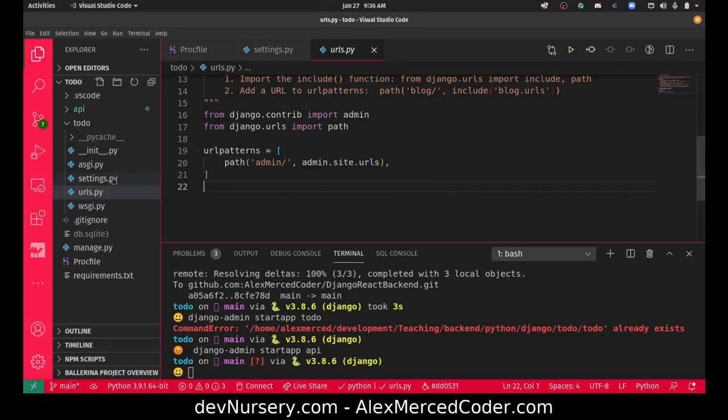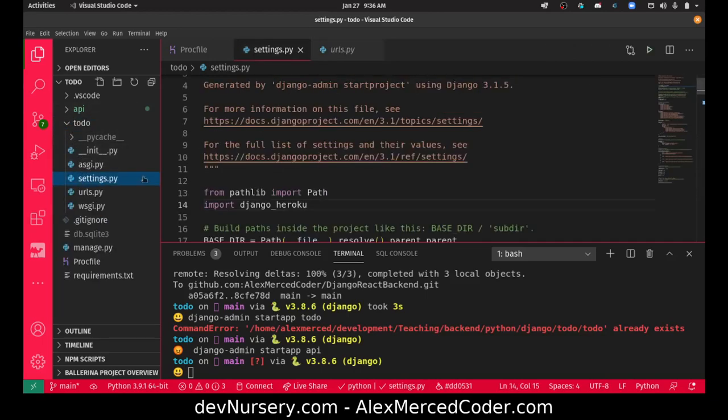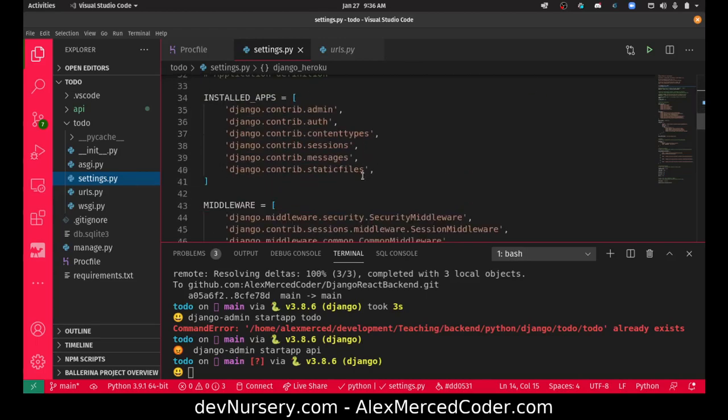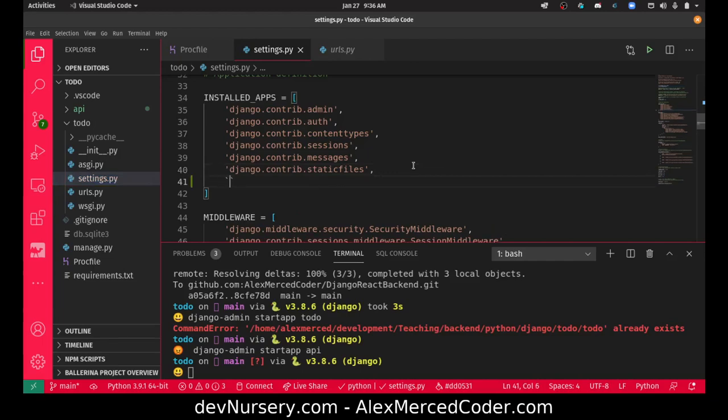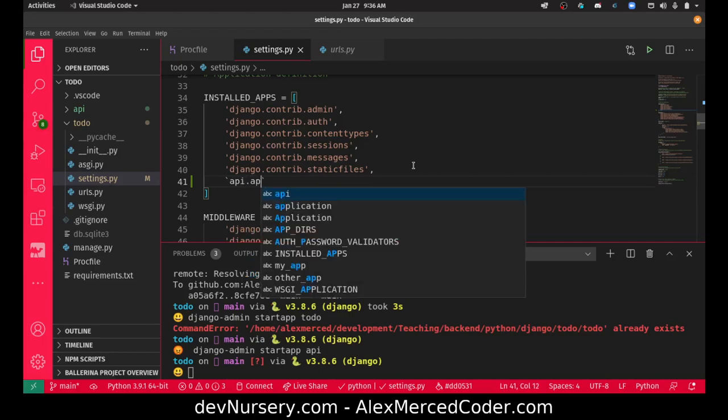Cool. So first, let's connect the app. Let's go back to settings. This is where settings becomes important. All apps that are connected to our particular Django app have to be listed here. So we want to list API dot apps,